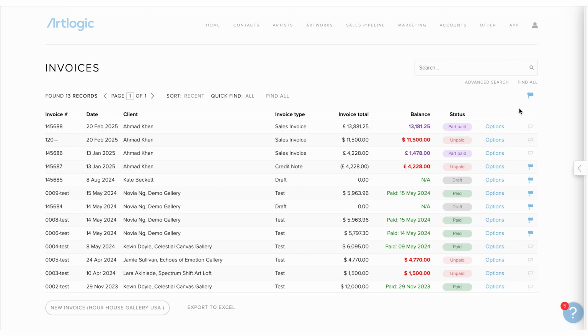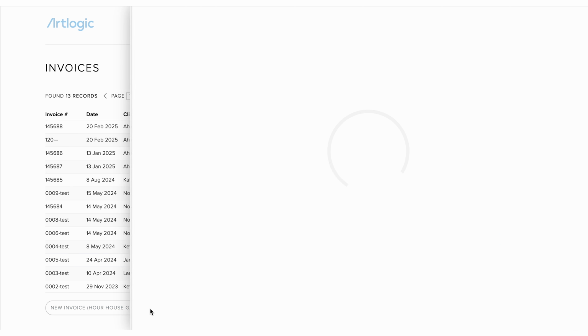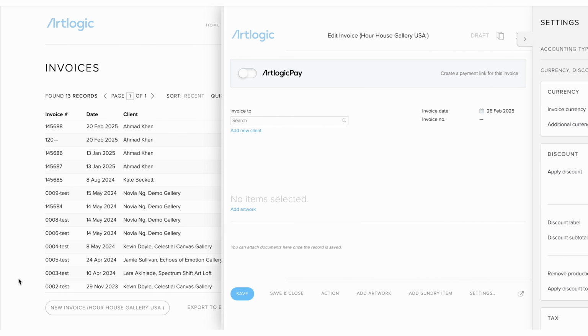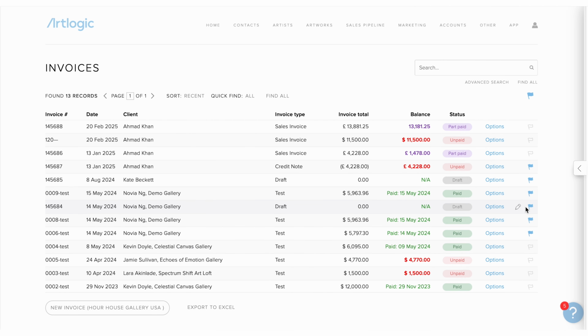To create a new invoice, click New Invoice at the bottom of the screen. Moreover, you have the ability to export invoices to a spreadsheet. First, flag the artwork or artworks you would like to export, and then click Export to Excel at the bottom